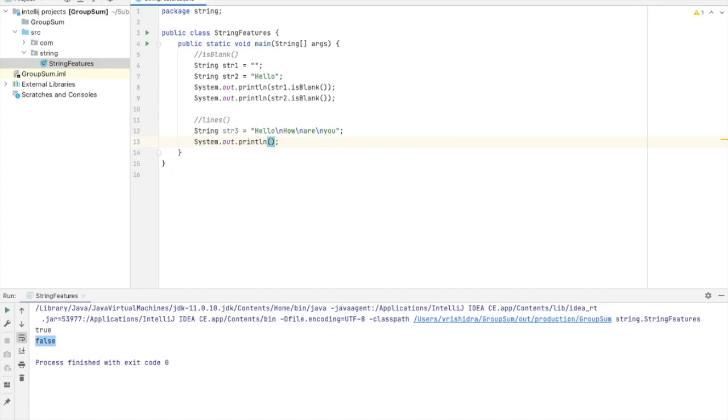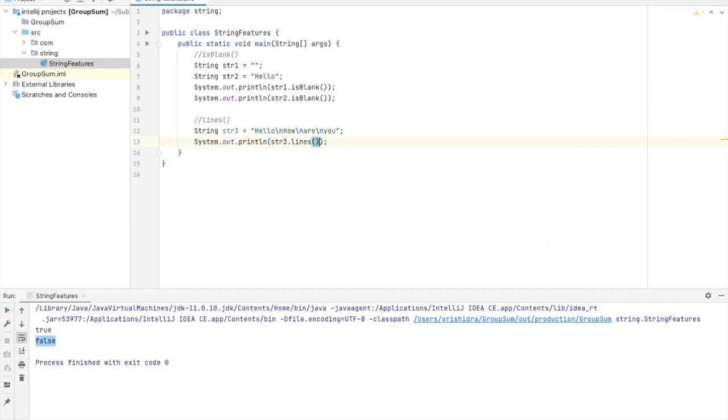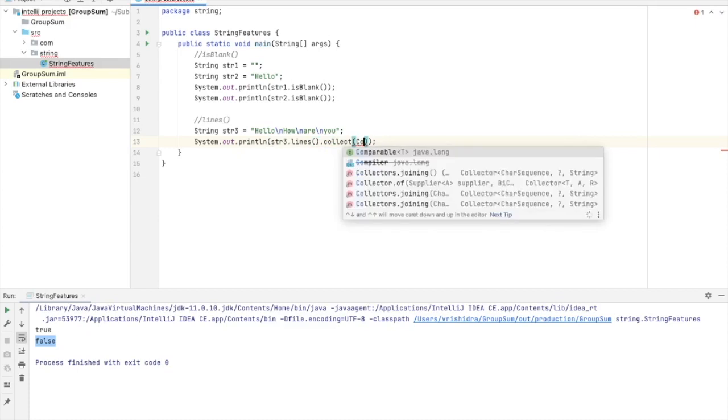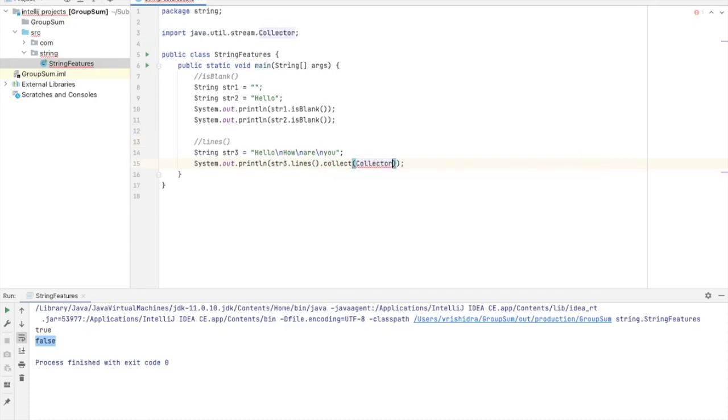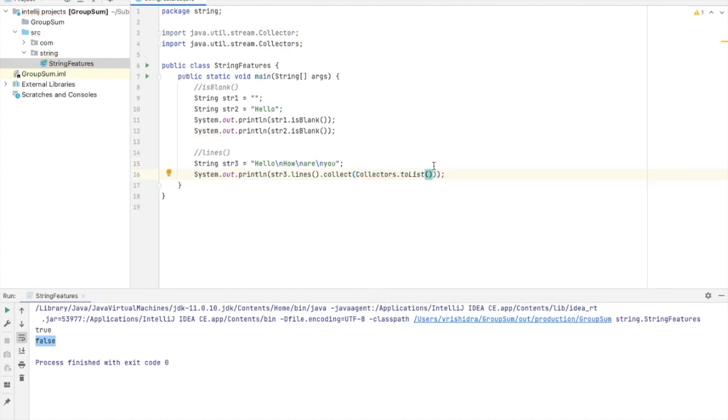System.out.println str3.lines().collect(Collectors.toList()). Now the list will contain 1, 2, 3 and 4 values.